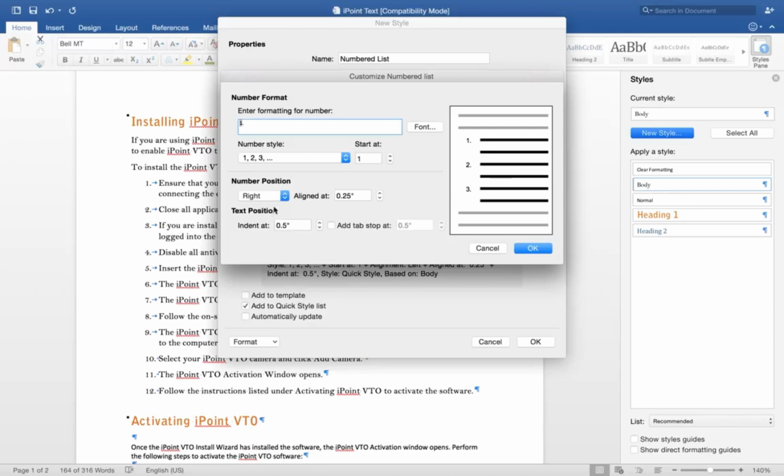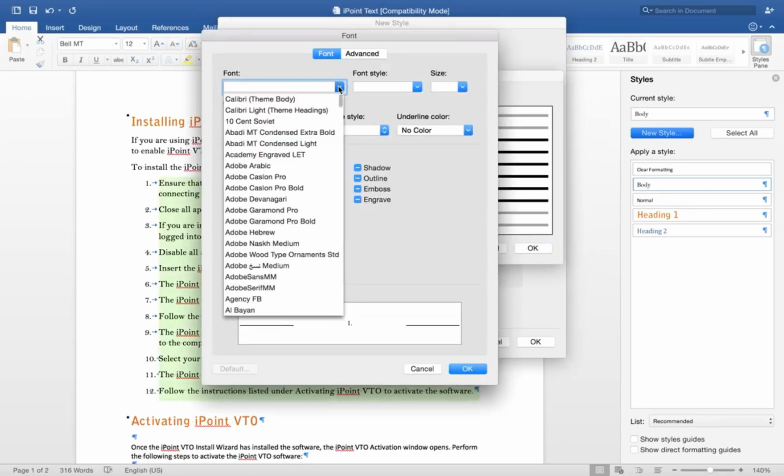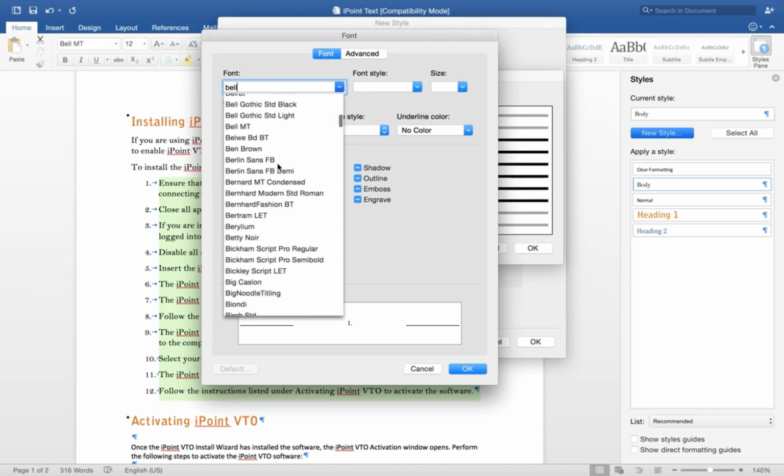So we always want our numbers to align to the right. I don't know why Microsoft Word makes the default left. We want to customize the font, so let's click the font button. We want the font to be, we don't have our recently used typefaces, so we can type in here. Usually it brings up the font, but it doesn't appear to be.